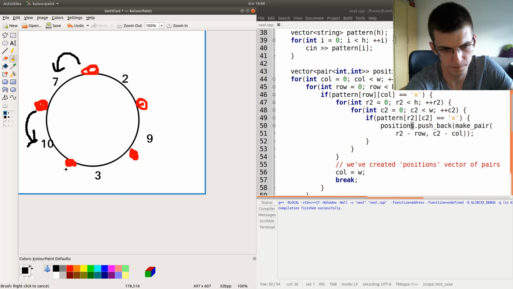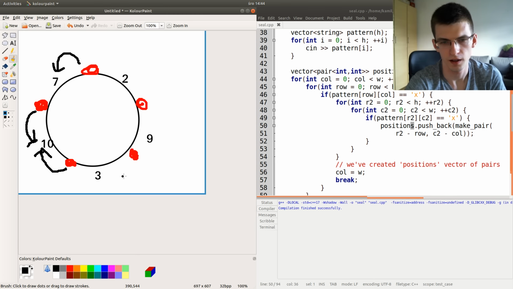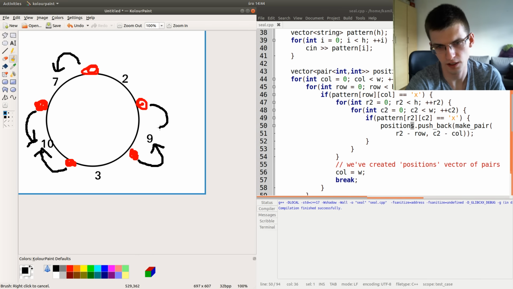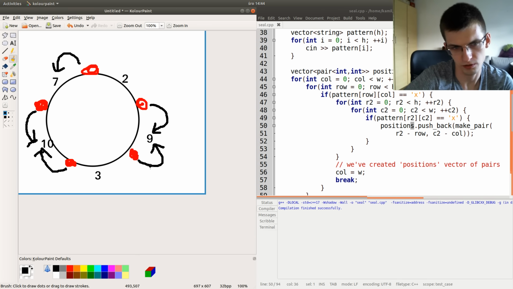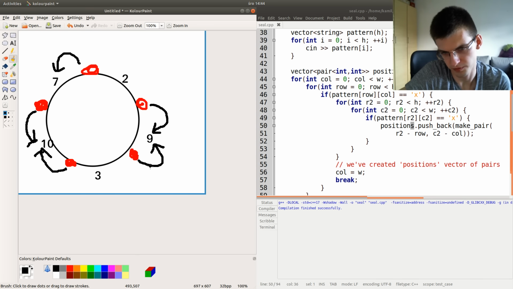For this guy, similarly to the situation here, this guy should choose 10 because it's 2 times bigger than 3. Same here, this guy should choose 9 and this guy should choose 9. So here we managed to find a good solution, I think.